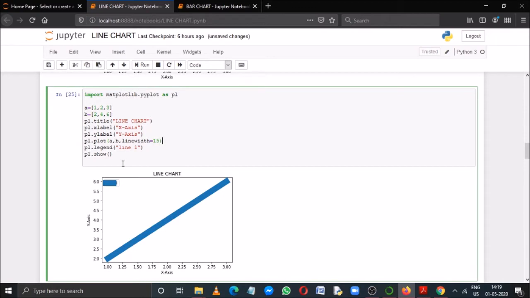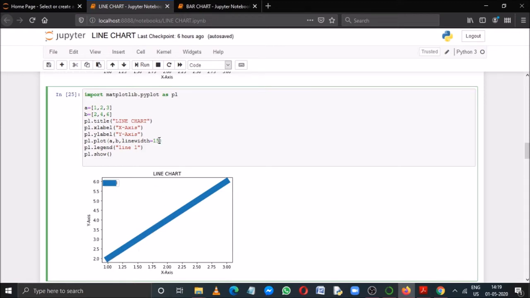Now check the next example. The same program I have used, only I have changed here the attribute color. Instead of color, I have used here linewidth. All the letters will be in small and it will be together without any space. So linewidth is equal to, I passed the value as 15. That's why you can see that the thickness of the line is increased.